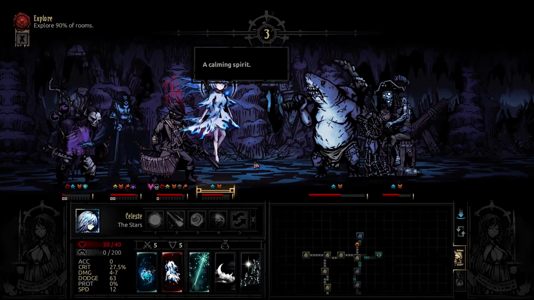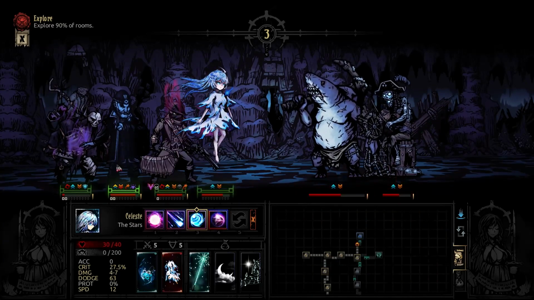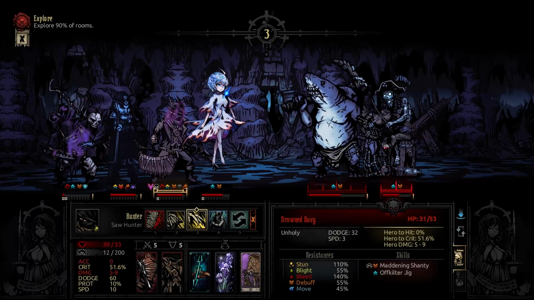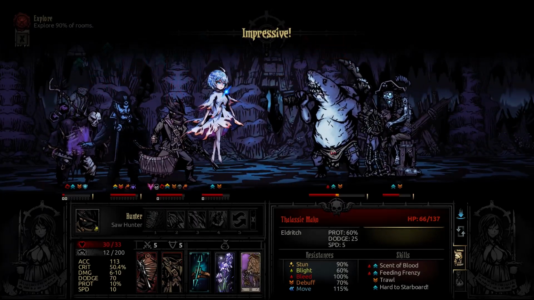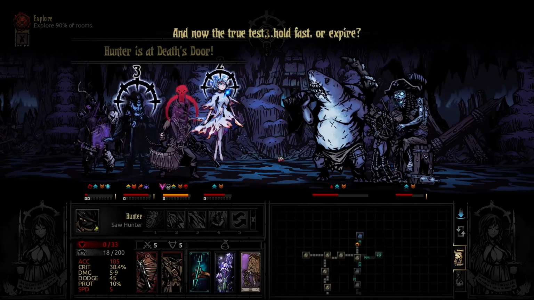Okay. Stress heal? You know what? Stress heal. That was worth it. Okay, neither of them are bleeding, so big hit. So that's 12. It does bleed, so we're going to be able to use Into the Wound if need be. Keel Haul. Oh my...